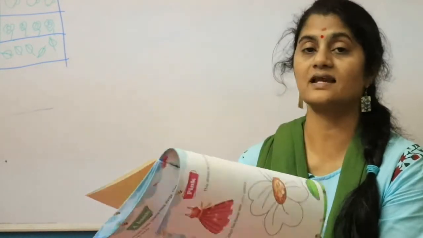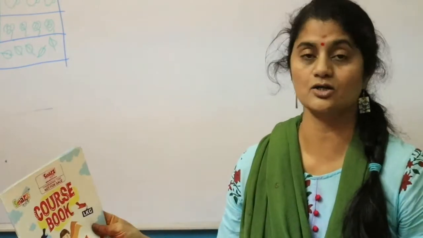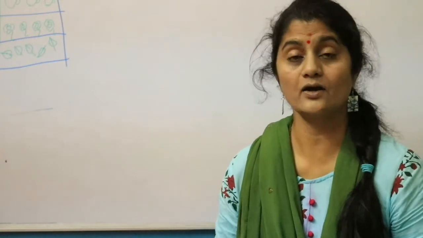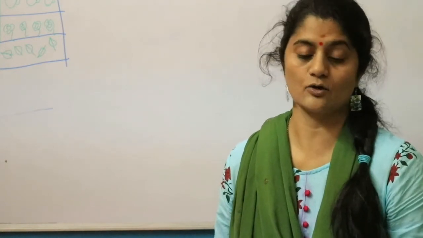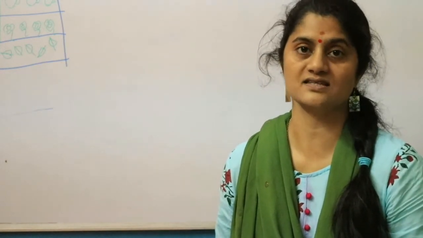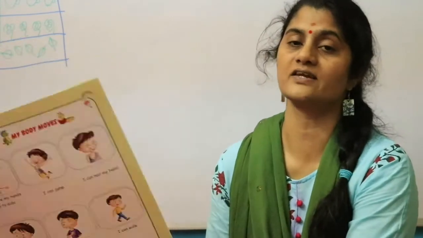Okay? So read the lesson, ask questions. Your mama or your papa will answer your questions. Okay? And observe in your garden. If you have a garden or if you have any plants, just take a look, go around your garden and observe and find any insects that you come across. Okay? Now, this is for the nursery kids.